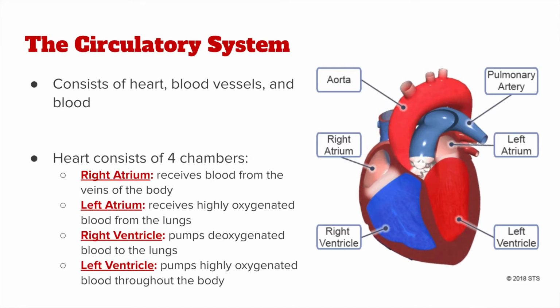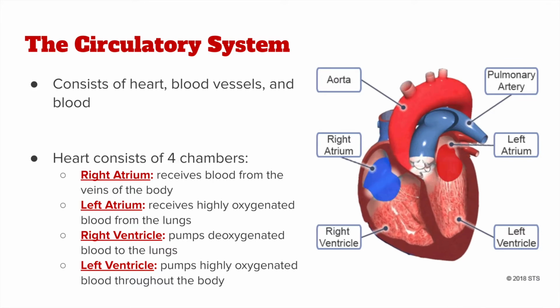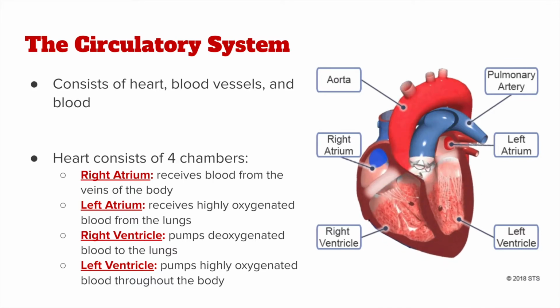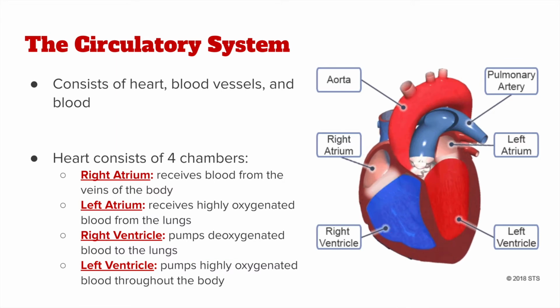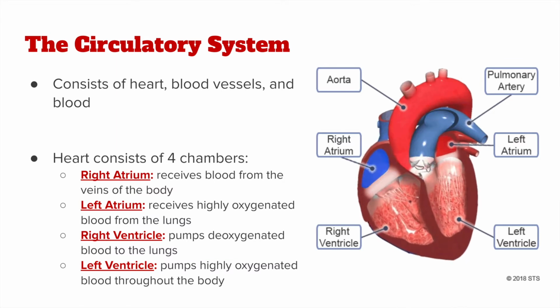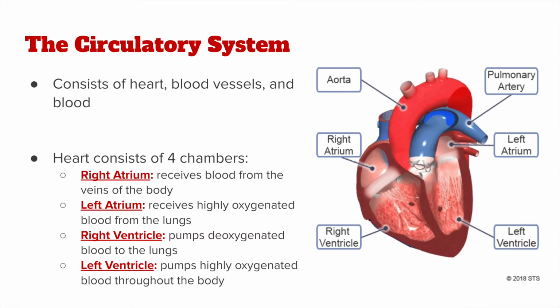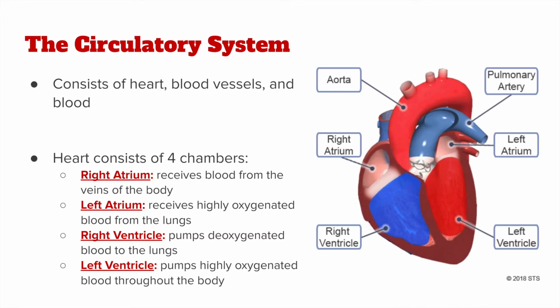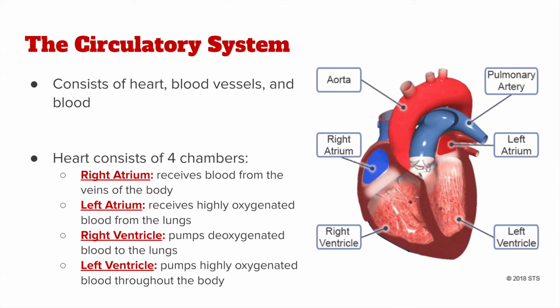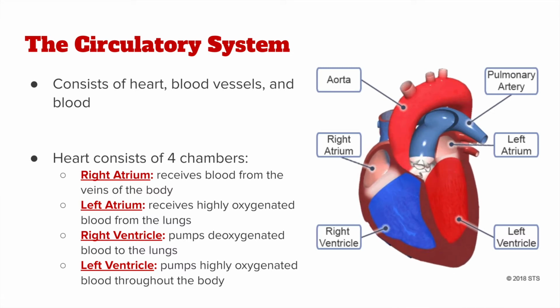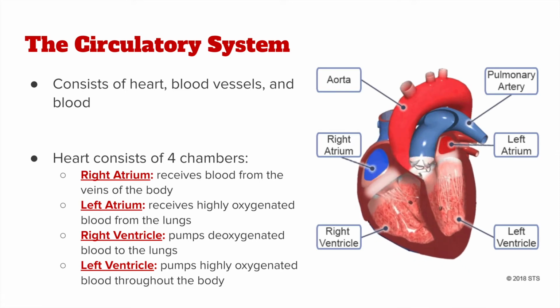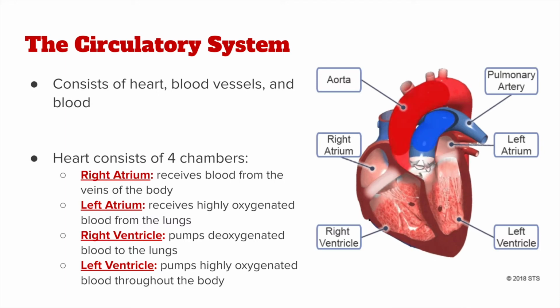Before we get into different cardiac emergencies, I do want to go over how the circulatory system works, since that is the main player in a lot of cardiovascular diseases. The circulatory system consists of the heart, blood vessels, and blood. It is similar to that of a city water system because both consist of a pump, like the heart, a network of pipes, which are the blood vessels, and fluid, or the blood.